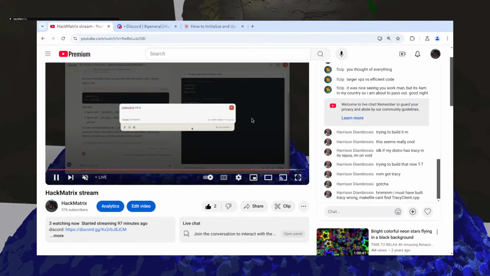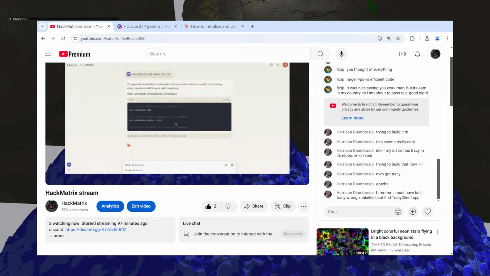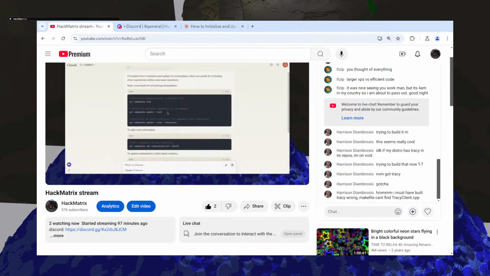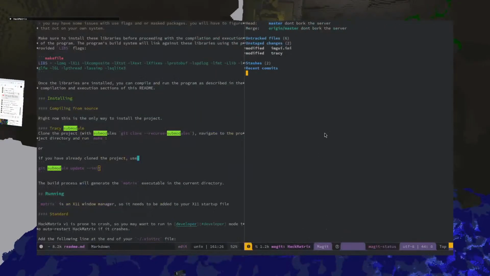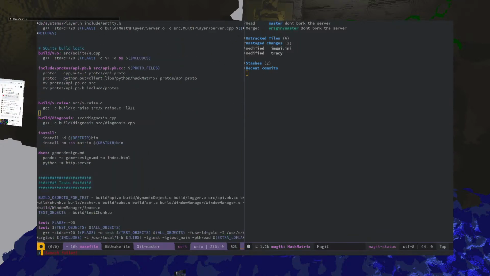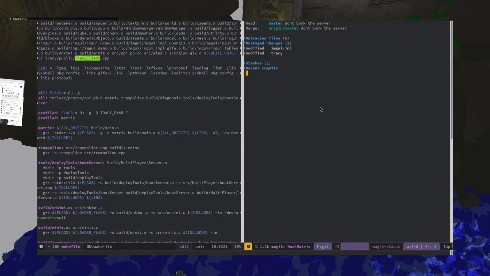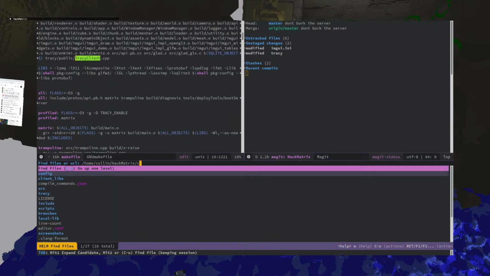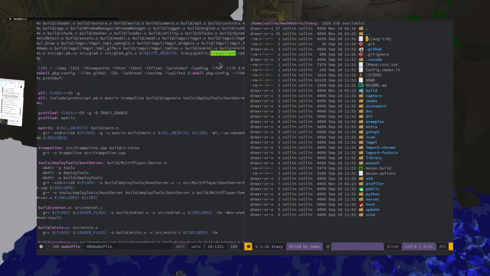I must have built Tracy wrong. I can't find Tracy client.cpp. I'm not sure you need Tracy client CPP. Let me look at the makefile. Okay, I guess you do need Tracy client CPP. You shouldn't have had to build it. Did you do the? It's a submodule. Tracy's a submodule, so you're not supposed to build it.